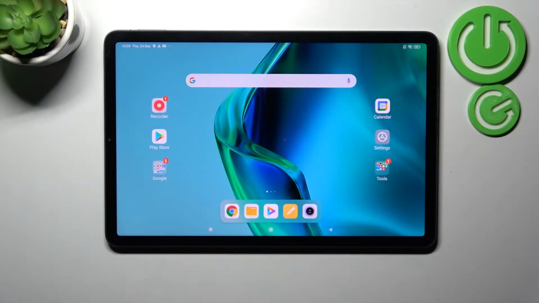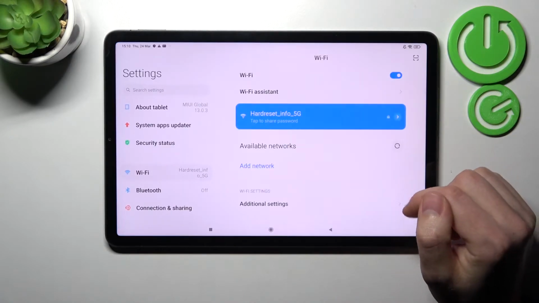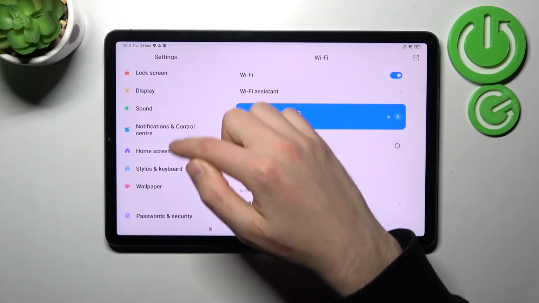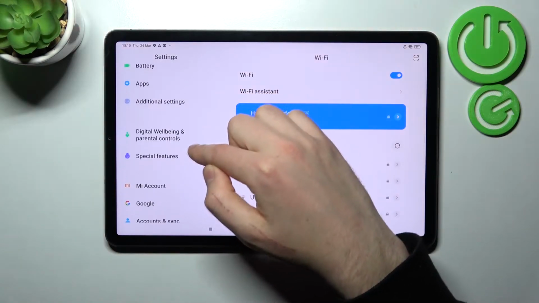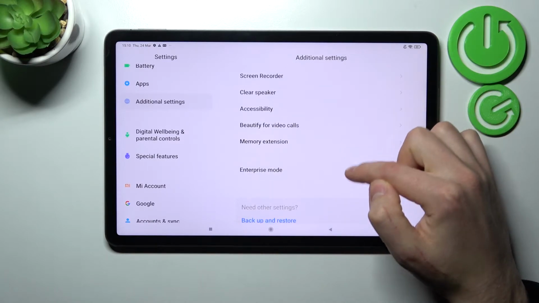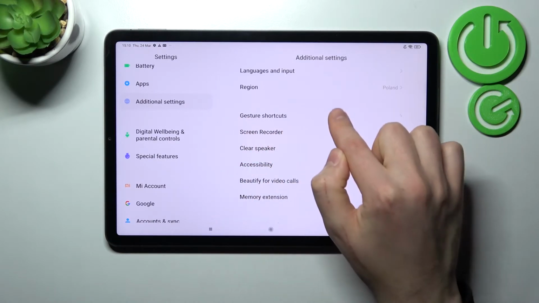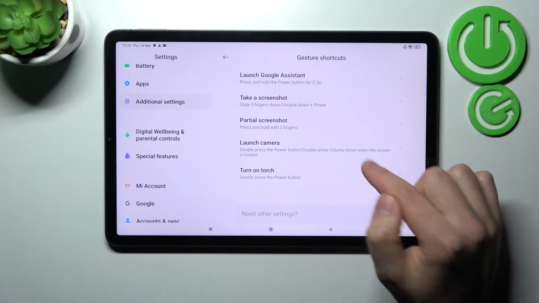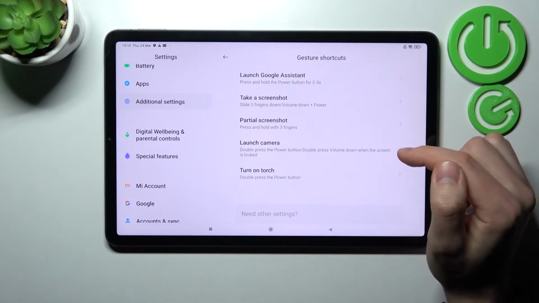Welcome, today I'm showing how to activate Quick Launch on the Xiaomi Pad 5. First of all, open your settings, then scroll down the settings menu and find additional settings. Here in this menu find Gesture shortcuts, and here, as you can see, we've got 5 options of our Quick